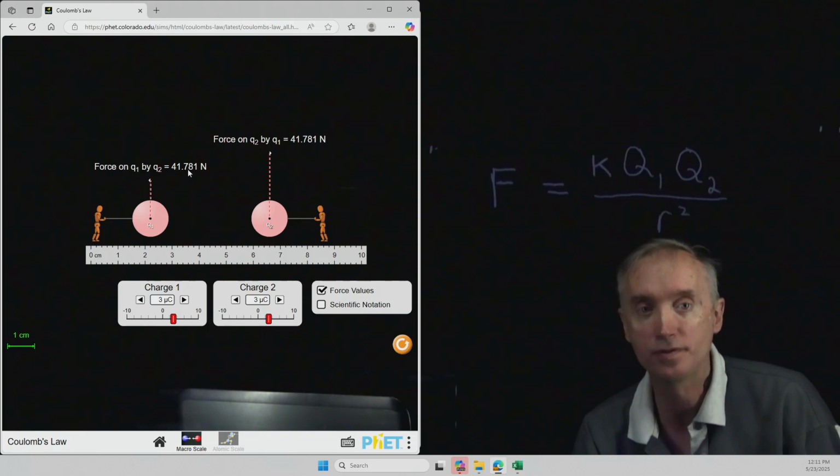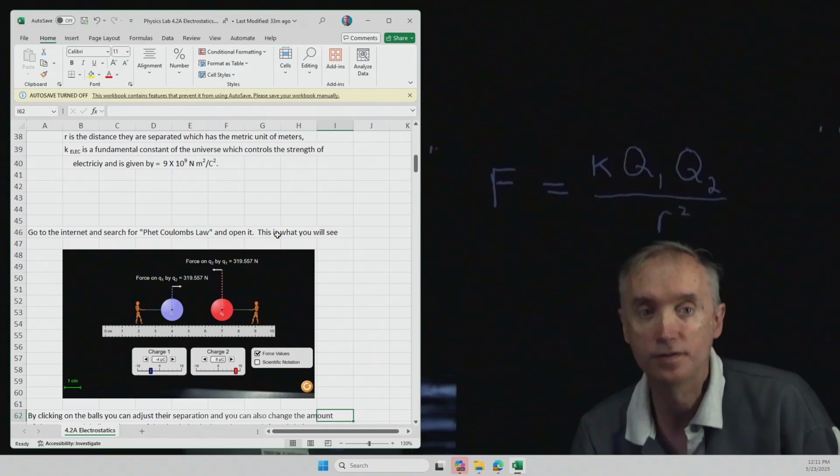Since they're both the same number, you can just basically ignore one of these numbers and just look at the other number there. So this is the force of electricity caused by these two charges, charge 1 and then charge number 2. Okay, so let me put this away for a moment,